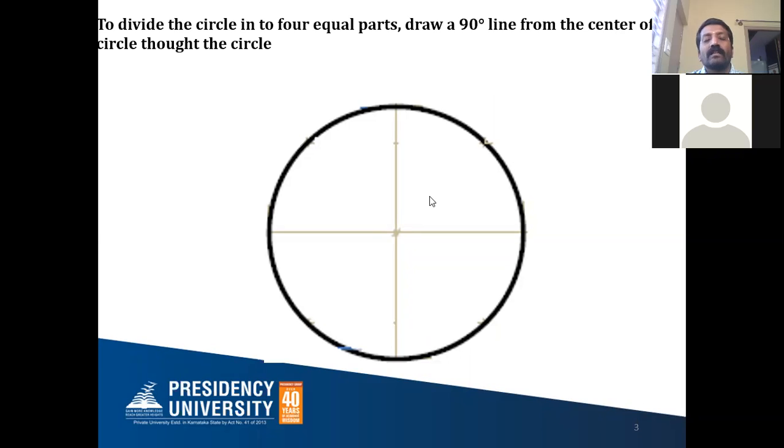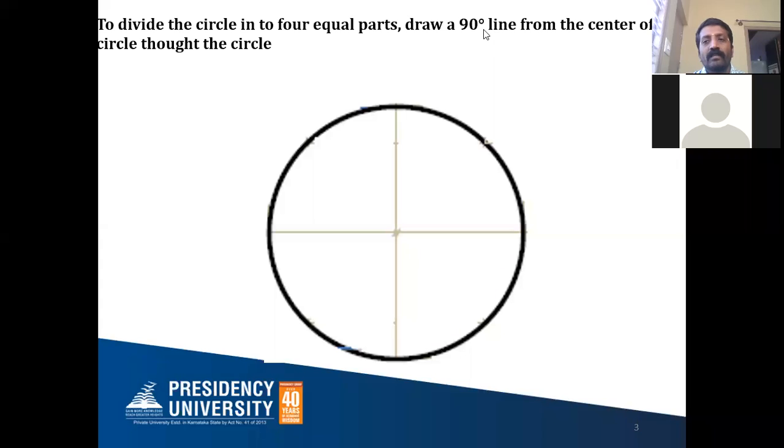As far as our projection is concerned, the more points we divide, the smoother the curve we will get at the last, in the final position of the projection of the circular lamina. That's why we restrict our number of points to 8 equal parts. So how to divide the circle into 8 equal parts?